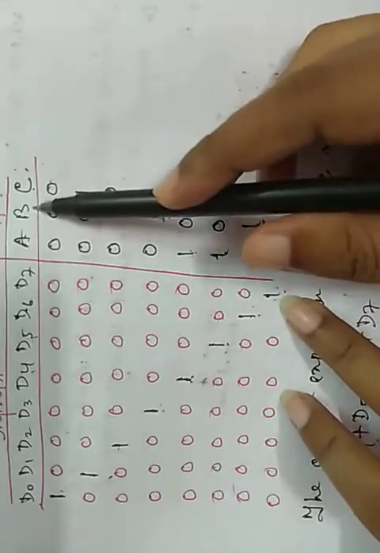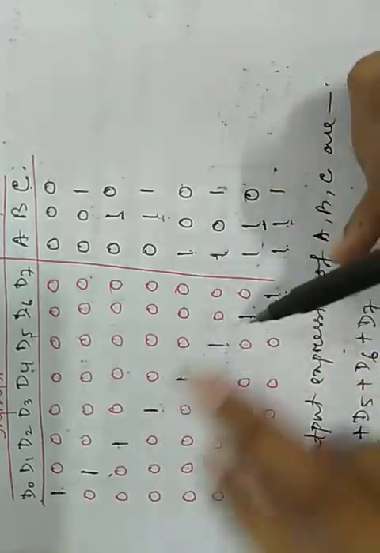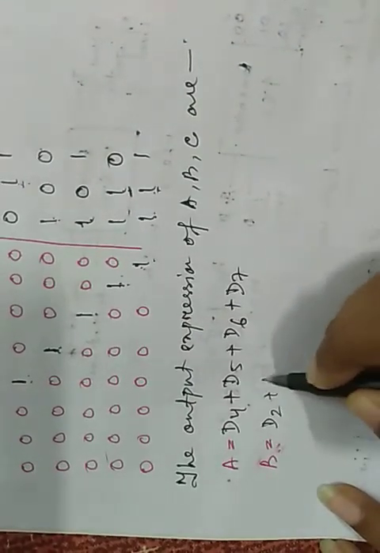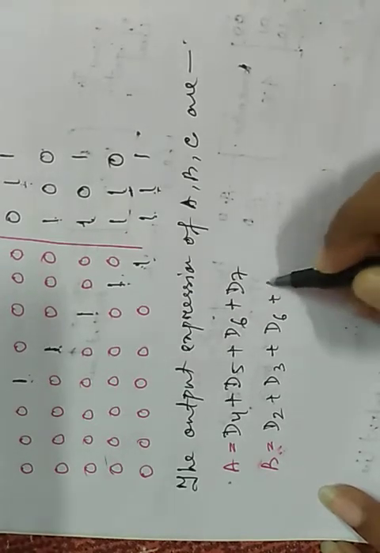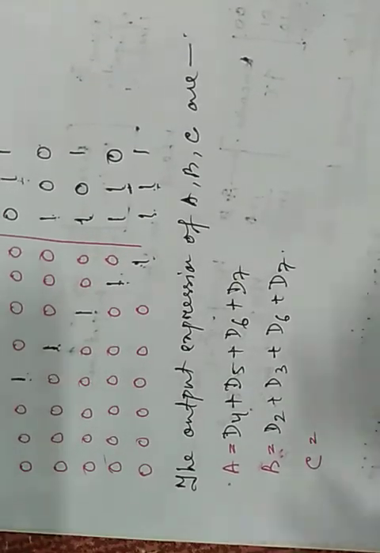So the min term value of B is D2, D3, D6, D7. Okay, and for C is